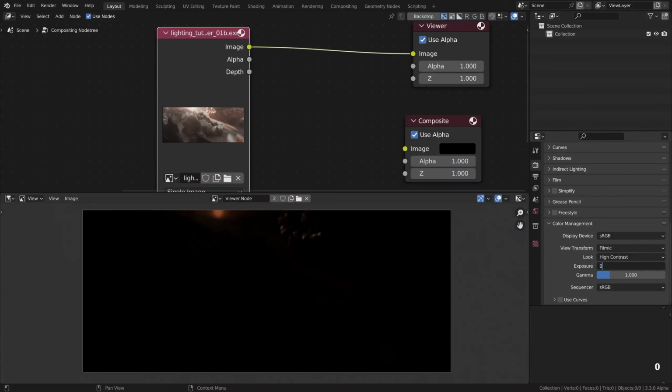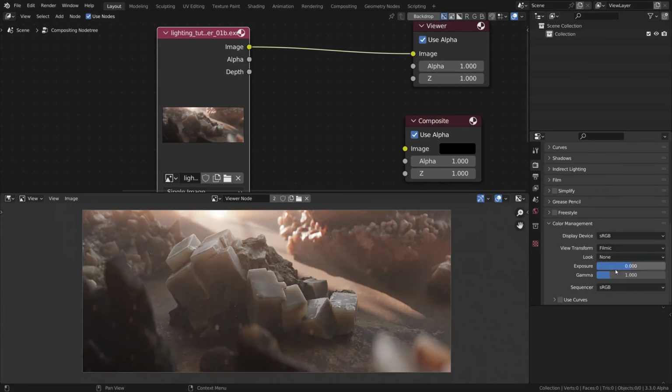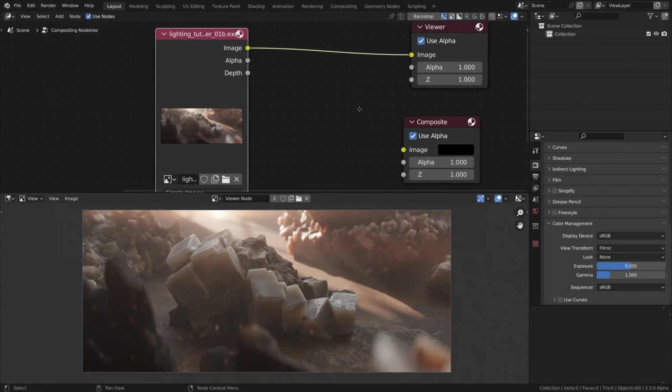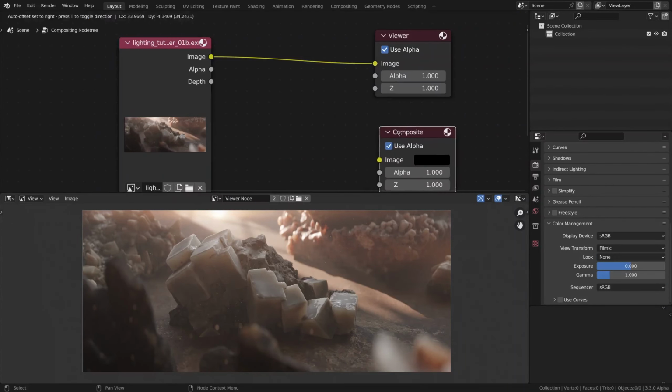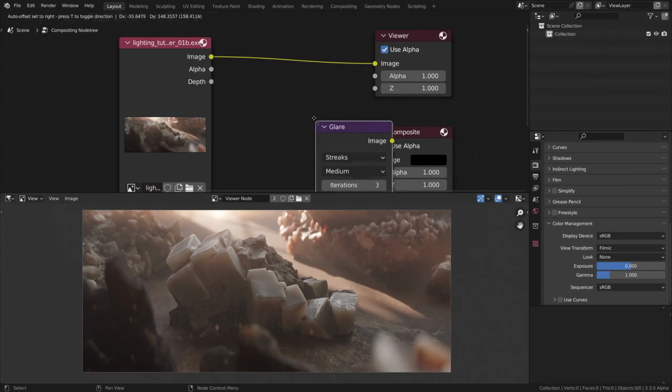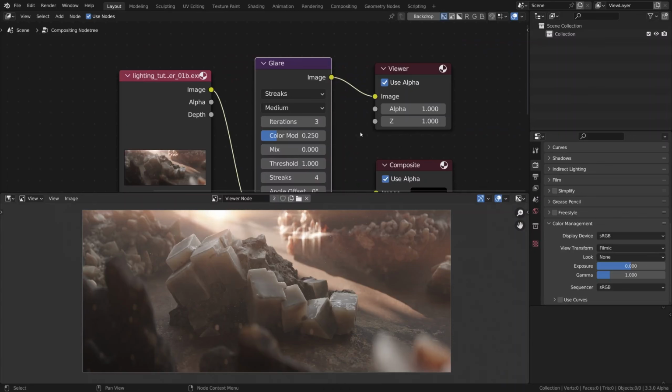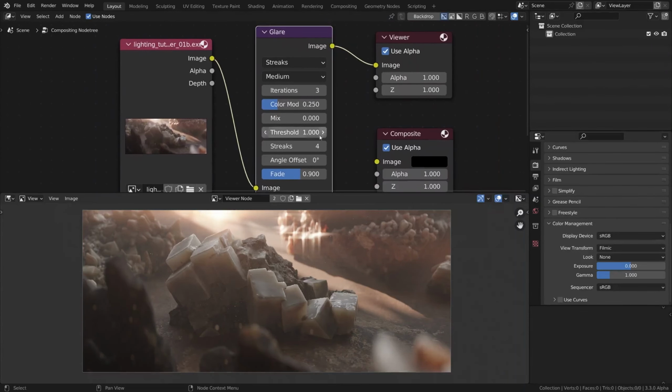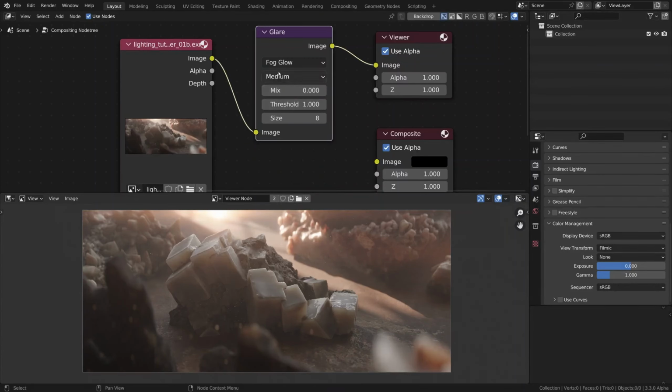But first, for the sake of completing our little experiment, let's drop in the glare node. Back into Compositor, Shift-A, Filter, Glare. Now it should absolutely catch those outstanding scene-referred RGB pixels that go above the threshold of 1 in terms of their intensity. And so that is the major difference between saving the image before post-processing it in the 8-bit format,